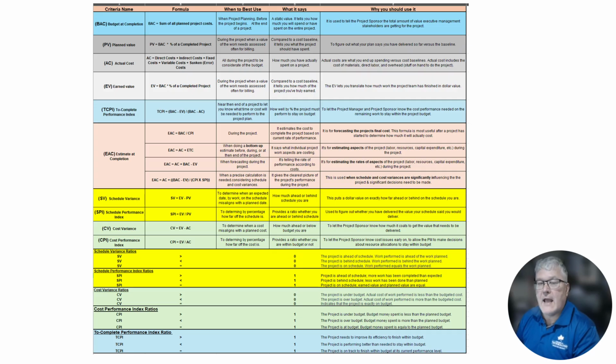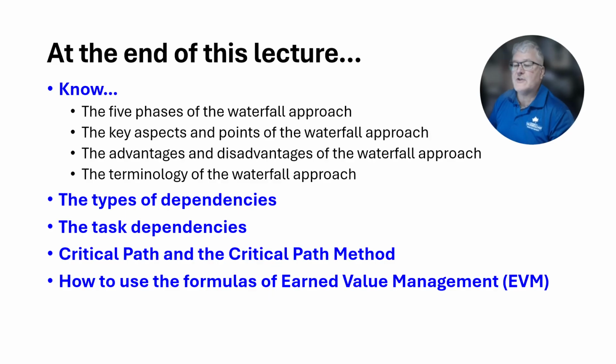And with that, we're at the end of the lecture. By the end of the lecture, you should know the 5 phases of the waterfall approach, key aspects and points to the waterfall approach, the advantages and disadvantages of the waterfall approach, and terminology that goes with the waterfall approach, types of dependencies, types of task dependencies, the critical path method, at least +1, -1, and then how to use the formulas for earned value